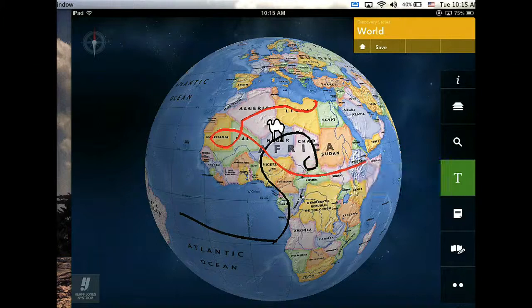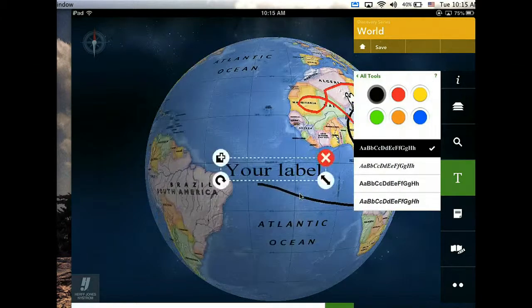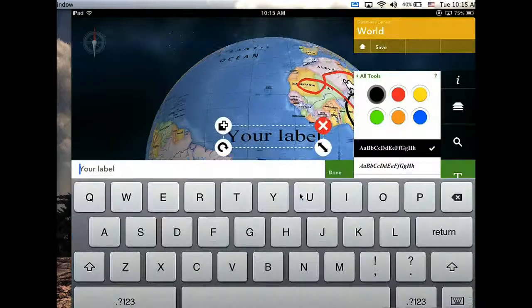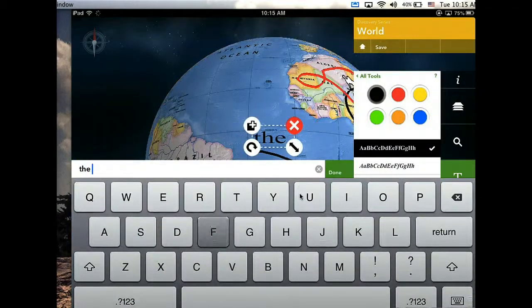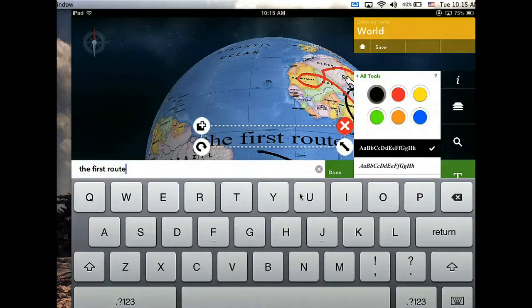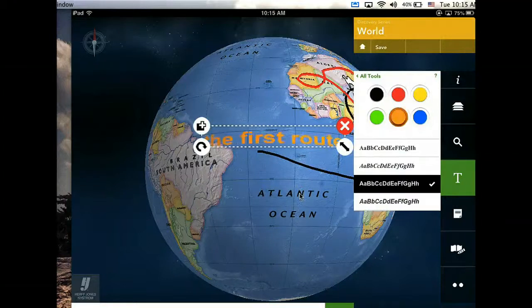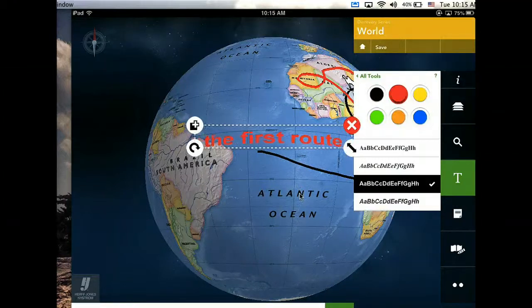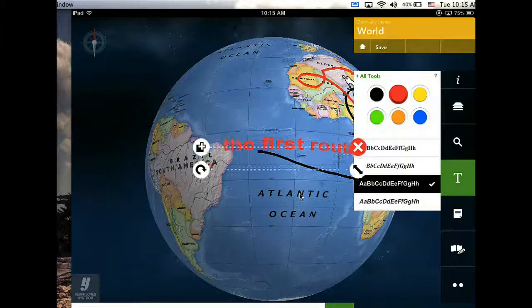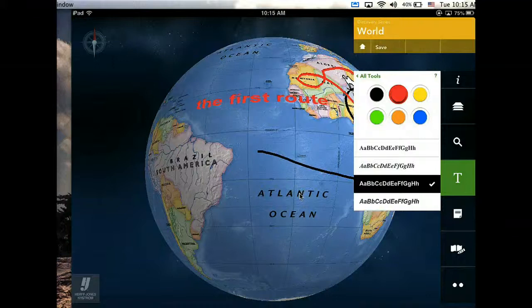And you can also type text. So I'm going to choose this. I'm going to type where I want it. Down here in the bottom left, the first route. And then I will lower that. I can change my font. I can change my color. I can make it smaller. I can move it around. I can make it bigger. Rotate it. So these are different things that you can do